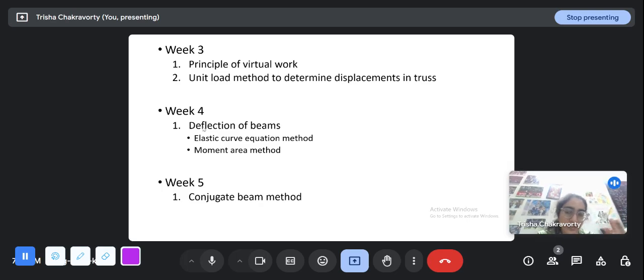Deflections can be of two types. One is the vertical displacement, another is the rotation. The rotation is basically y dash of x. y of x is the displacement, and y dash of x, that is dy/dx, is the slope. So the conjugate beam method also lets us get the displacement and slope at any particular point, and it also works with the M by EI diagram, as we are going to look at now.